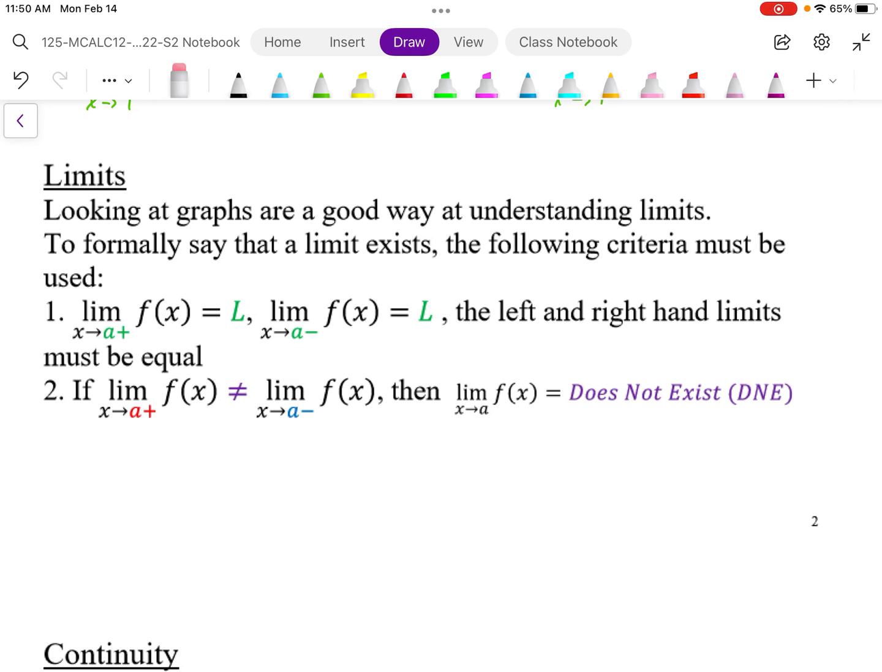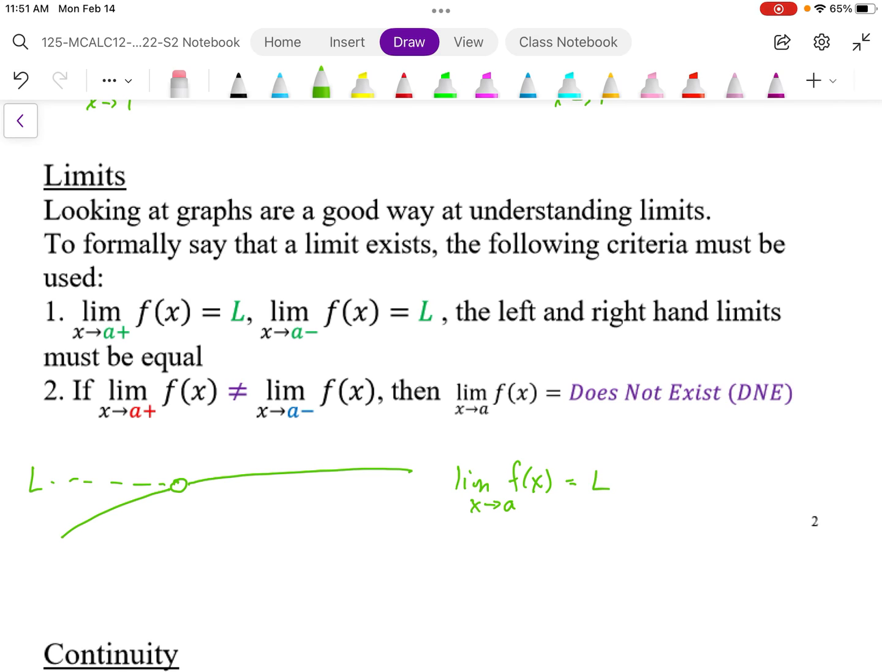So if we have left-hand limit and right-hand limit equal the same limit, then the limit is said to exist. So in this case here, the green, what we're saying is from the left-hand side and the right-hand side is the same, we say that the limit exists. So this means that the two-sided limit as x approaches a of f of x